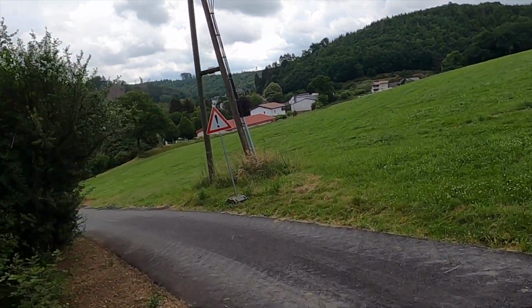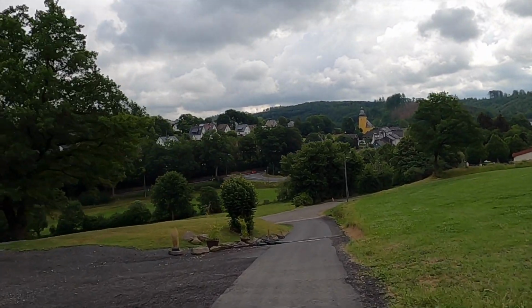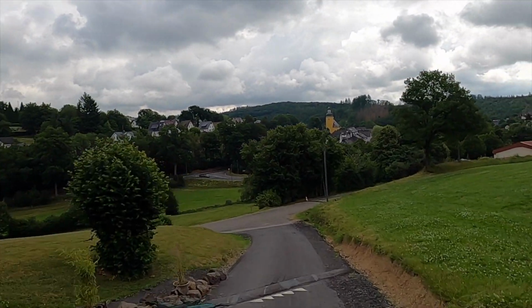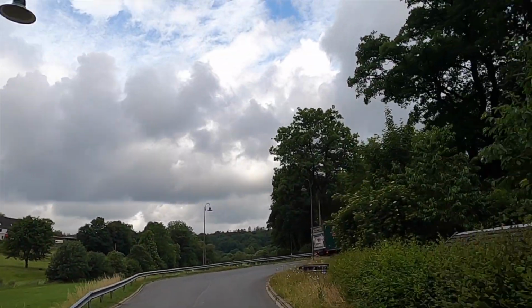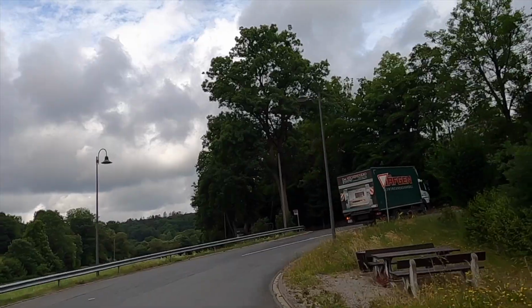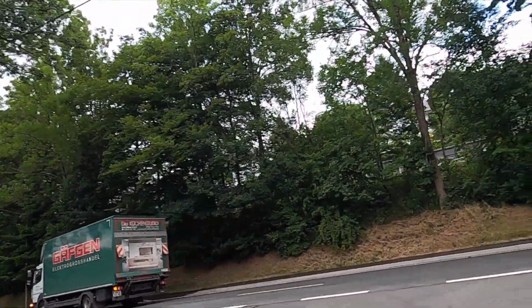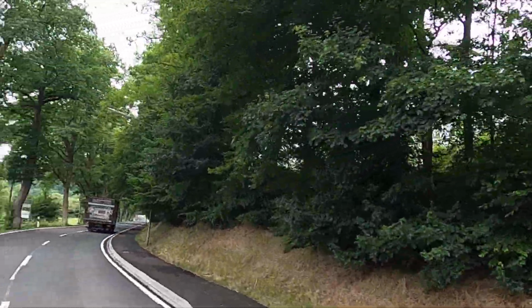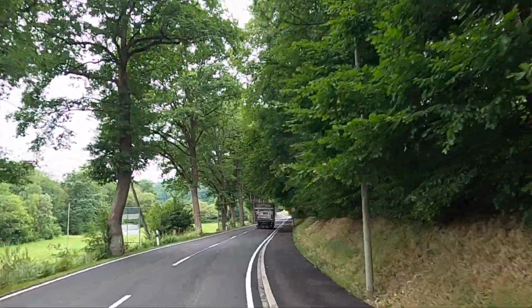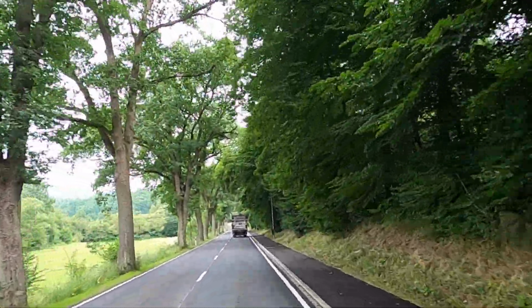Hello again, motorbike fans. You join me on day 2 of my Westerwald tour. I'm going to show you in a bit where we're going, but first let me get on the main road. Oh, truck ahead. Please turn right, please turn right. No! Oh, bother. Okay. So, while we're stuck behind this truck for a while, let me show you on the map where we're going